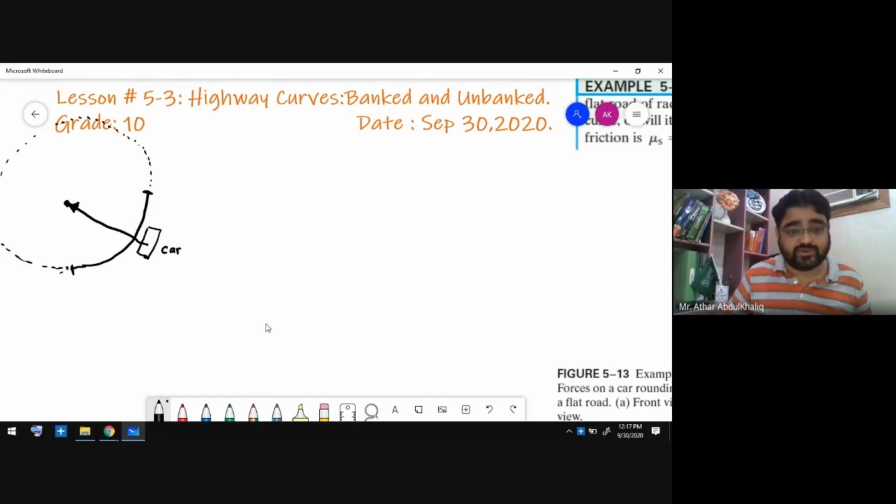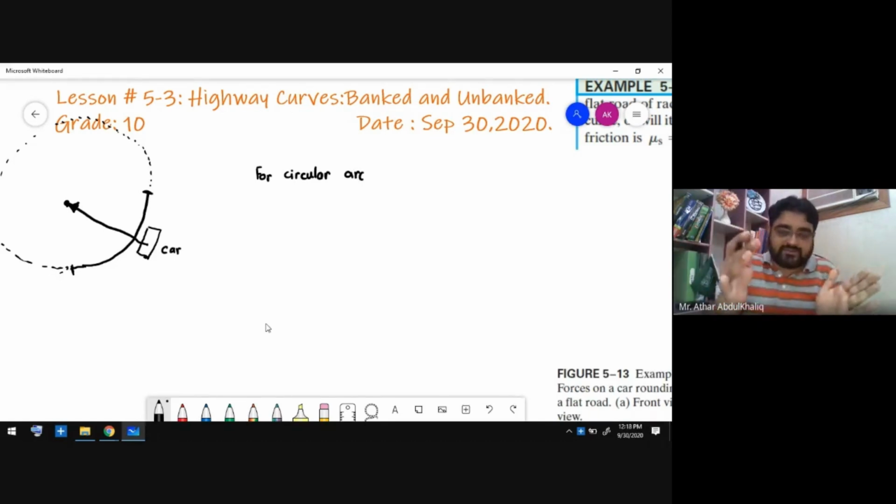Here you will say circular arc, because the curve is only a part of the circle. So for a circular arc, the car requires